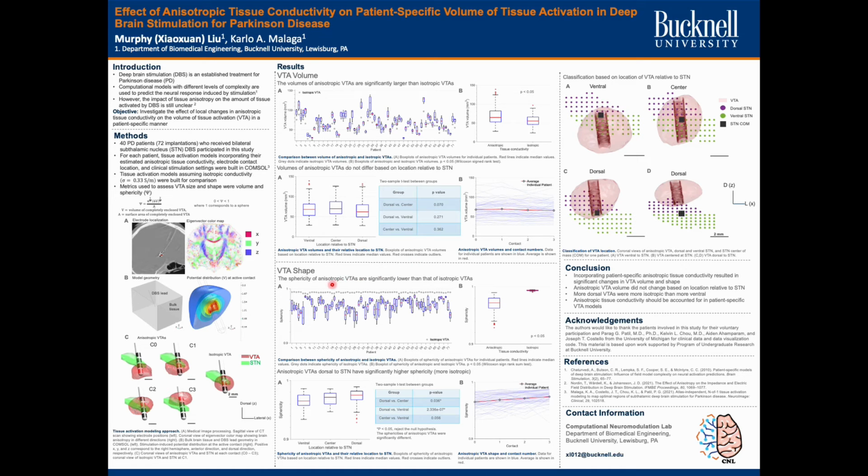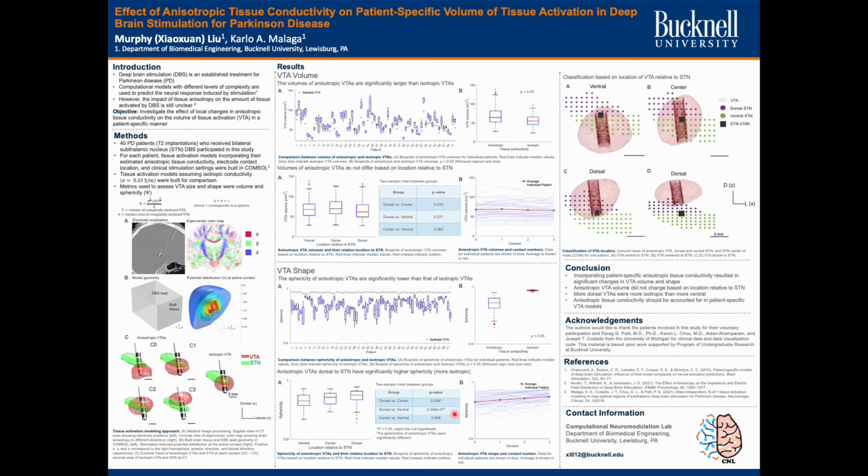Sphericity was used to assess the shape of the VTAs, ranging from 0 to 1, where 1 corresponds to a perfect sphere. The sphericity of anisotropic VTAs was significantly lower than that of isotropic VTAs across all the patients. Anisotropic VTAs were grouped based on their location relative to the STN. Dorsal VTAs were found to have higher sphericity, suggesting more isotropic tissue conductivity than those centered around or ventral